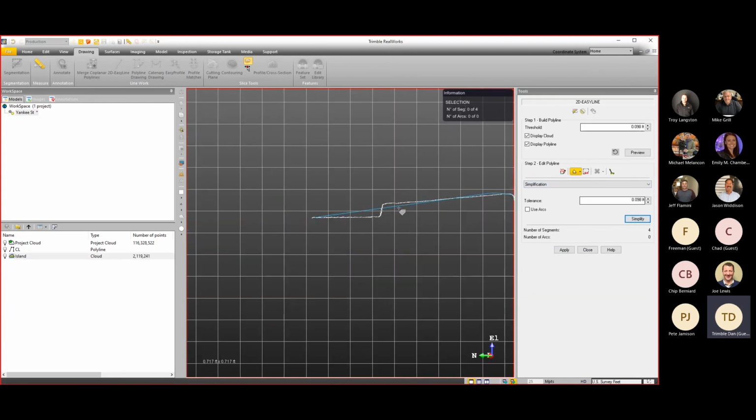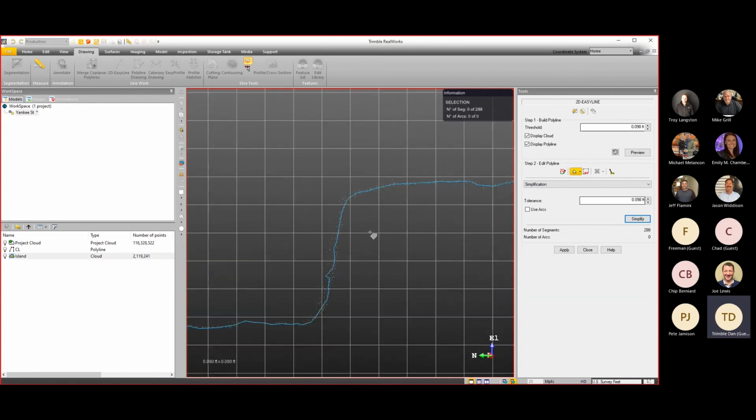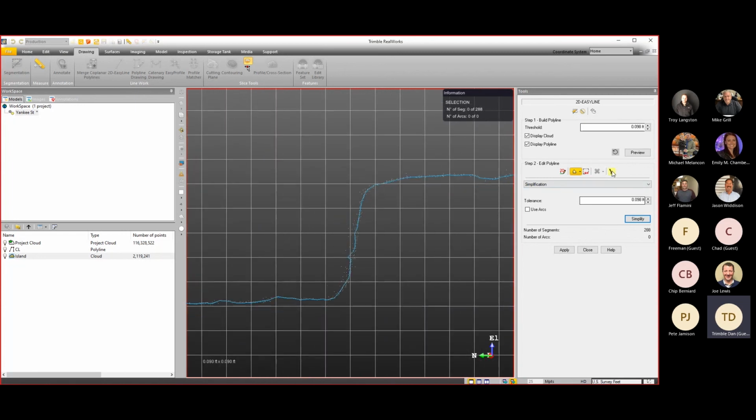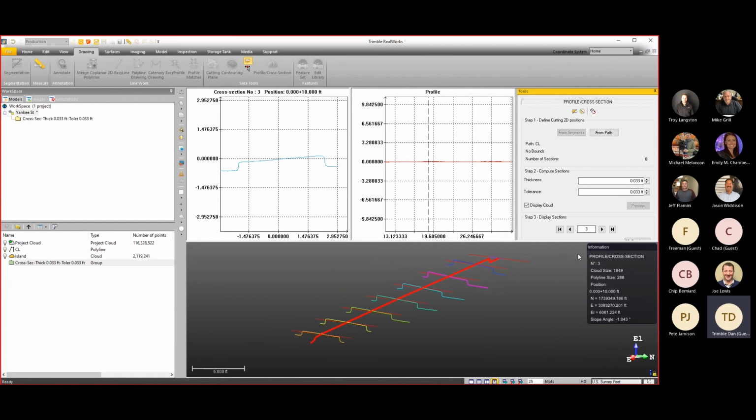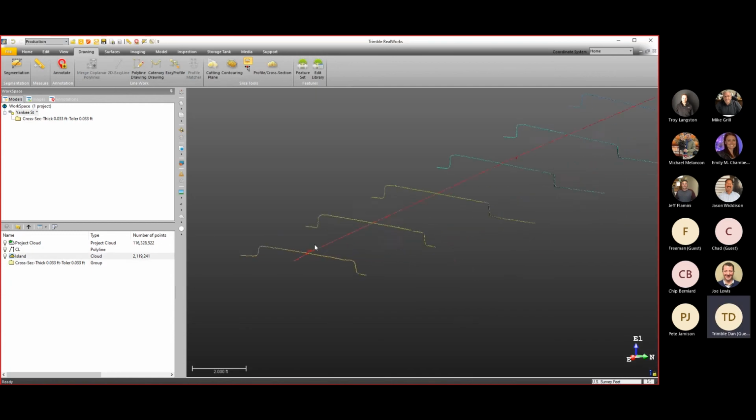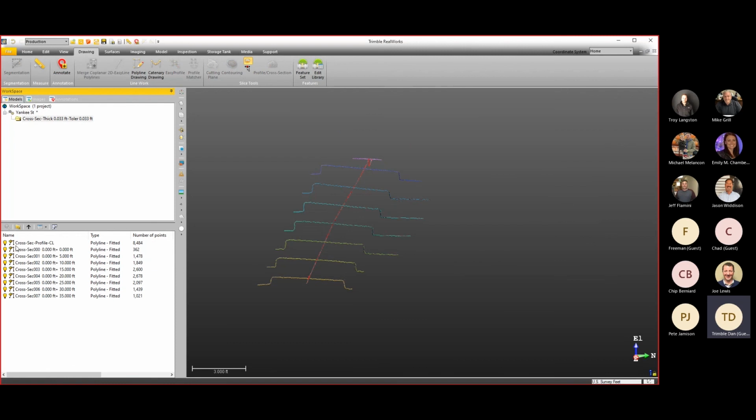If you simplify the line work, you can change it drastically, and we can just undo that. And then we can smooth out the line a little bit, apply, and then we'll create and close. And now what we have is our line work, our cross sections